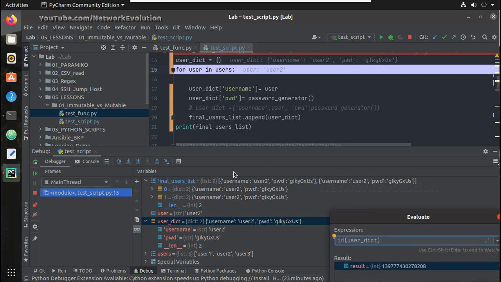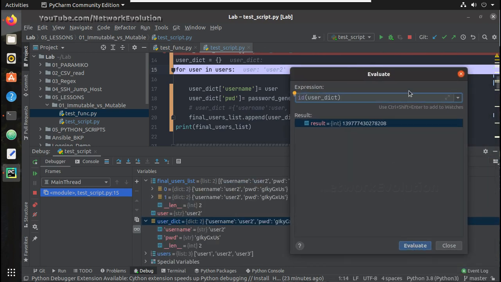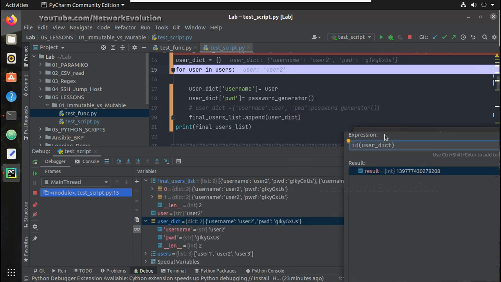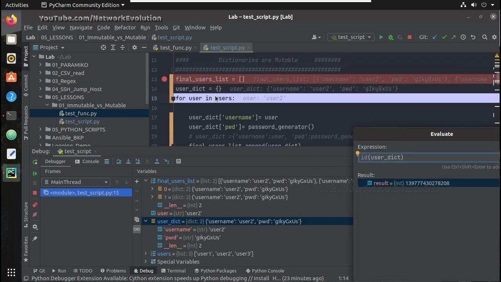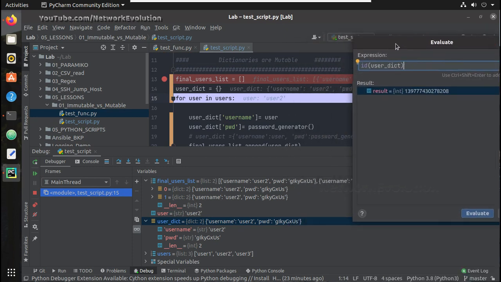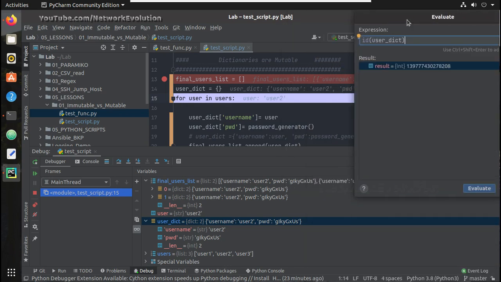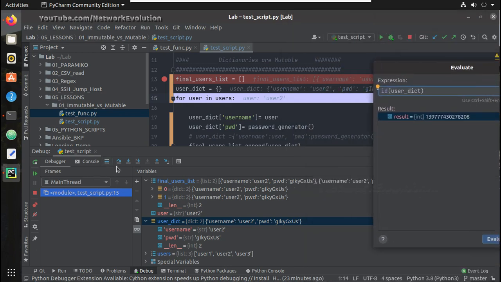Even the first entry also has got changed to user 2, because since the ID is same, you can see ID is still same. It is not getting updated because it is out of for loop. So this ID is not getting updated. It is only updating the value here. Now we have 2 entry with user 2 data, and let us iterate again.